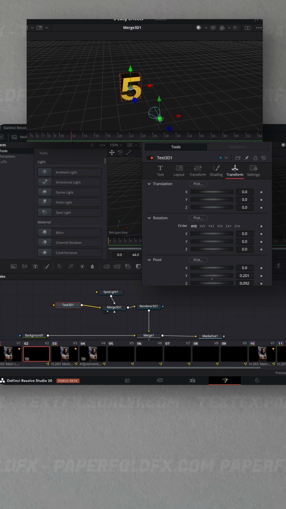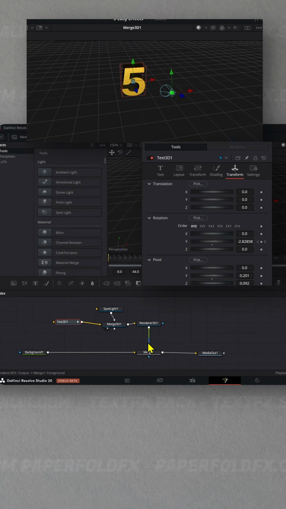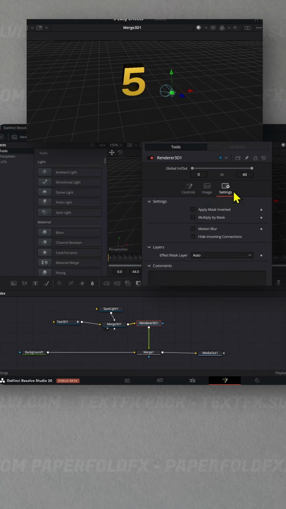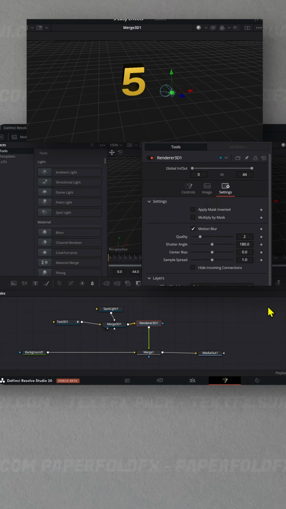All right, for the keyframes, go to frame 12, almost half a second. In this case, a little bit less than that. We're gonna create a scale keyframe and also a rotation keyframe for the Y. I'm gonna go back to 0, set these to negative 120, and now we can set the scale to 0 as well. Once you like the end result, you can go to the settings on the renderer, add motion blur,